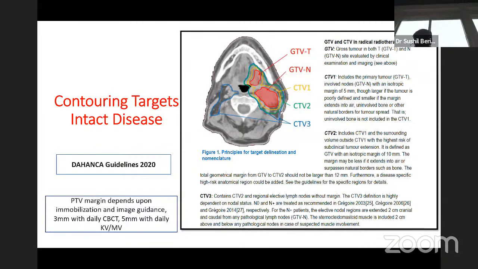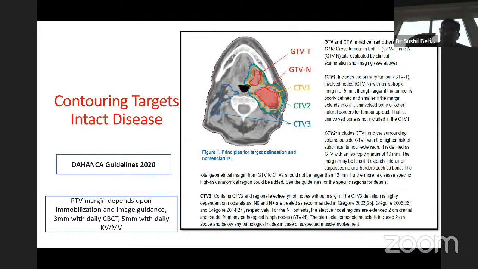Now, not necessarily people follow that. Some people still treat the entire organ in CTV2, others do CTV2 as the GTV plus 10 to 12 millimeter margin. So you need to understand it's not sacrosanct, but there are ways people define it differently. If you do a 10 or 12 millimeter margin following the anatomical landmarks, then you have less volume to treat and you may have less morbidity. But that being said, if you're not sure about it, some people still treat the entire organ in their CTV2 volume.